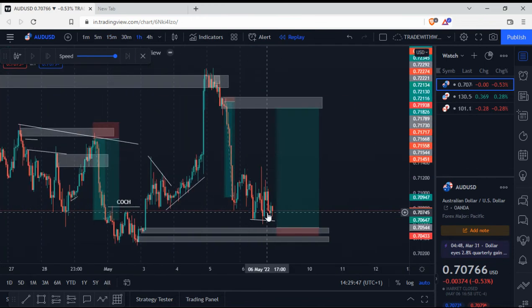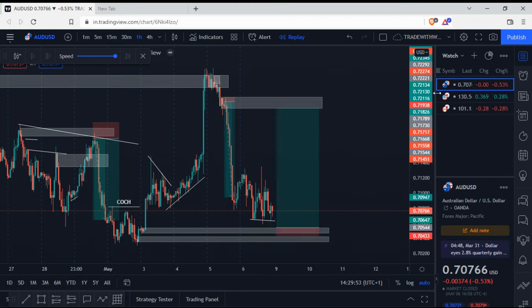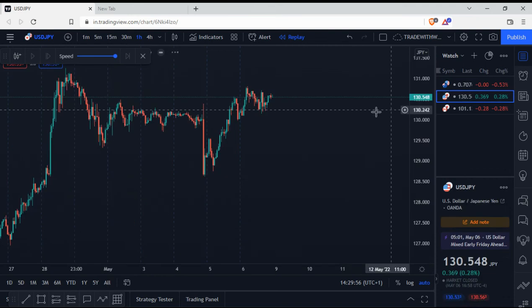So this one was in the Asian session. I don't like the Asian session. I'm waiting for my confirmation during the London session liquidity grab. Okay, let's go to